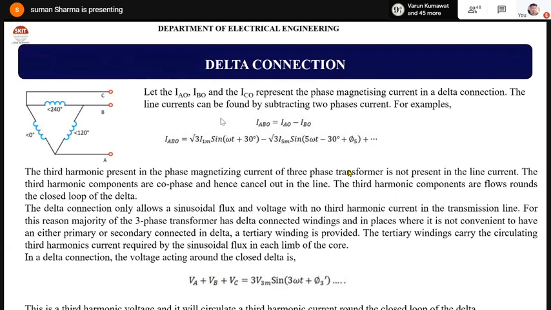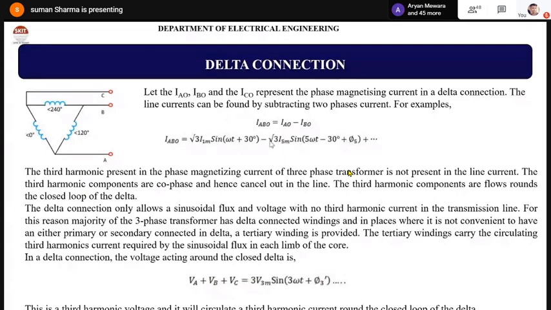हमने हार्मोनिक्स के टर्म में रिप्रेजेंट करी थी इक्वेशंस 1 2 एंड 3, IA नॉट, IB नॉट एंड IC नॉट. उसमें हमारा प्राइमरी कंपोनेंट था, थर्ड हार्मोनिक कंपोनेंट था एंड फंडामेंटल कंपोनेंट, फिफ्थ हार्मोनिक कंपोनेंट था. सो थर्ड हार्मोनिक कंपोनेंट का फेज सेम था, IA नॉट हो, IB नॉट हो या IC नॉट हो. इसलिए जब हम सब्ट्रैक्ट करेंगे IB नॉट IA नॉट में से, तो थर्ड हार्मोनिक कंपोनेंट जो है वो डिलीट हो जाता है, कैंसिल आउट हो जाता है. तो हमारा कंपोनेंट कौन कौन सा बचता है? फंडामेंटल कंपोनेंट and the higher order harmonics components.